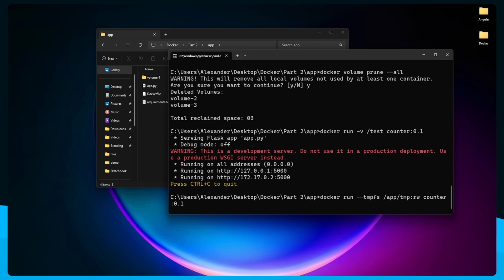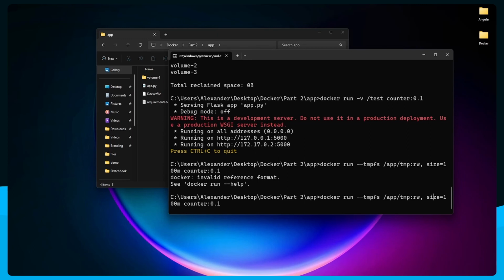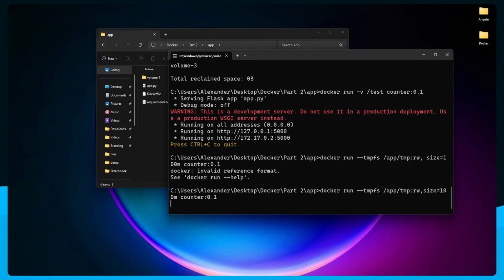And furthermore, we can just say comma, and then we can set the size of the volume, and in this case I want to set it to 100 megabytes, and again this will be stored in your memory, so be careful. So we're setting the size of the volume to 100 megabytes, and basically we're setting the permissions to read and write. Now with that done, let's go ahead and actually try to run this command. Now in this case we do not want a space here actually, and we can run this